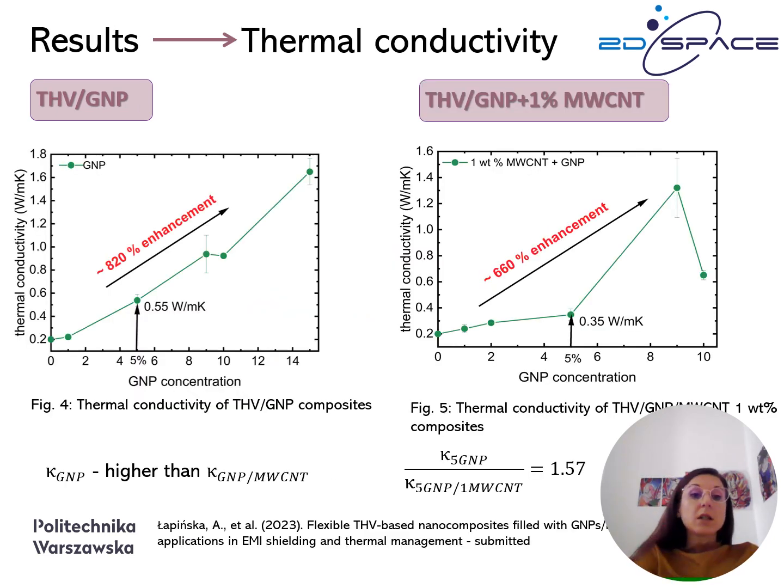In case of the flexible alternatives, we have obtained slightly lower results, but still for the graphene series we obtain over 800% thermal conductivity enhancement, and the maximum thermal conductivity reached 1.665 watt per meter Kelvin. So it's also quite good, as for polymer composites, which are usually thermal insulators. In case of the graphene nanoplatelets and multi-walled carbon nanotubes, we observe the saturation effect and almost 700%